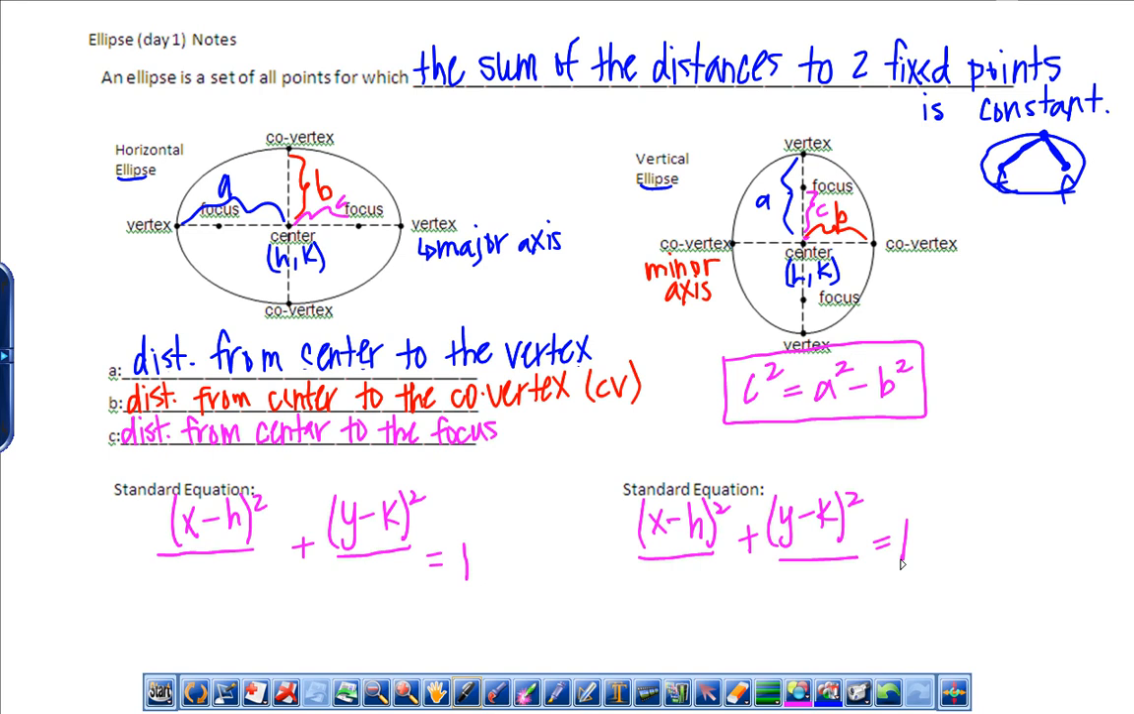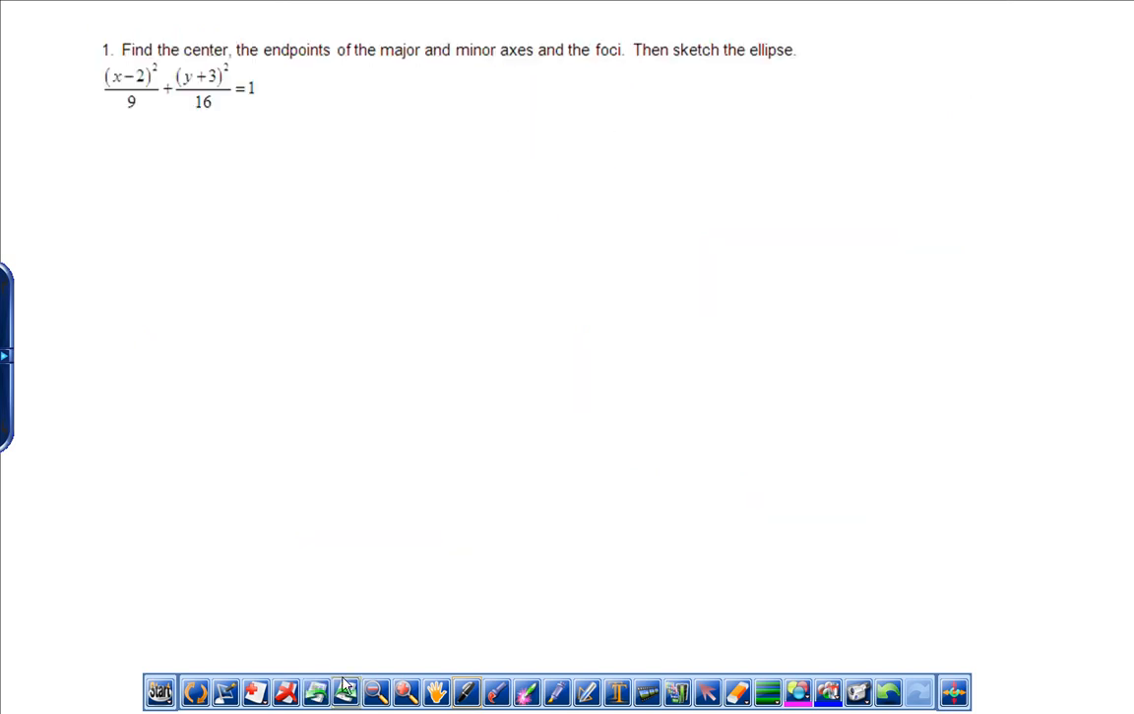The difference between these two is on a horizontal, this is over a squared first and then b squared. Vertical is over b squared and then a squared. That is the only difference. Now, how do you tell the difference between these two? A is always greater than B. It says find the center, the endpoints, major and minor axes. Remember, your major is your vertex, your minor is your co-vertex, and then your foci or your focus,